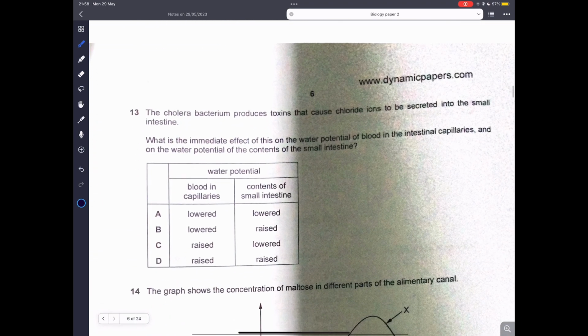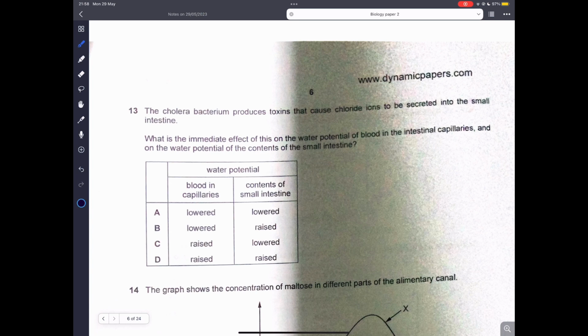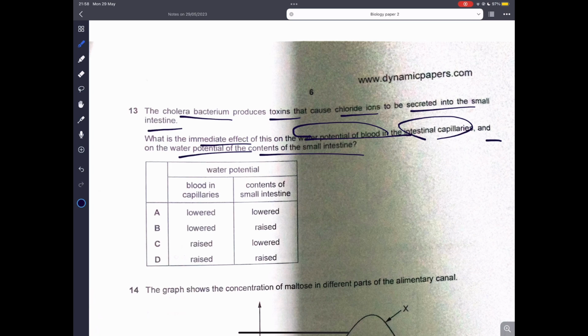So yeah. 13, the cholera bacterium produces toxins that cause chloride ions to be secreted into the small intestine. What is the immediate effect on the water potential of blood in the intestinal capillaries and the small intestine? So the water potential in the blood in the capillaries has to be raised, and the contents in the small intestine has to be lowered, because we know